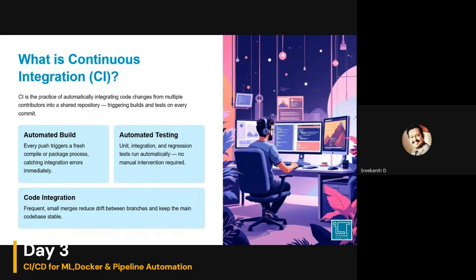Instead of ignoring that particular column or feature, we should have a mechanism to check it and improve it further. Continuous integration, again, is a discipline.